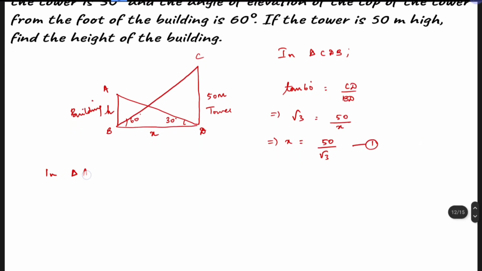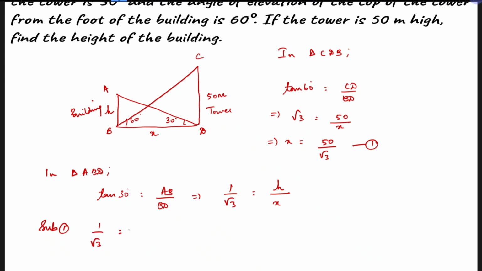In triangle ABD, tan 30 is equal to AB by BD. 1 by root 3 is equal to H by X. Substituting equation 1, X is equal to 50 by root 3, we get 1 by root 3 is equal to H divided by 50 by root 3, which gives us H is equal to 50 by root 3 divided by root 3, which is equal to 50 by 3,